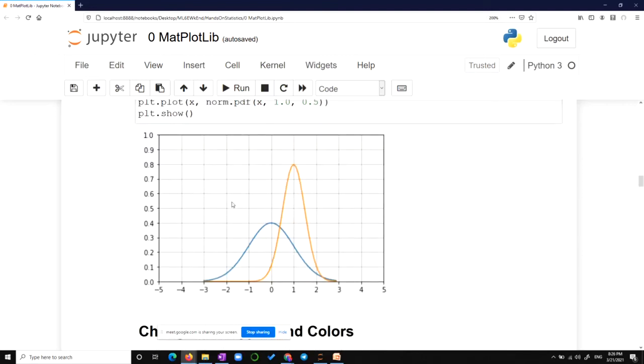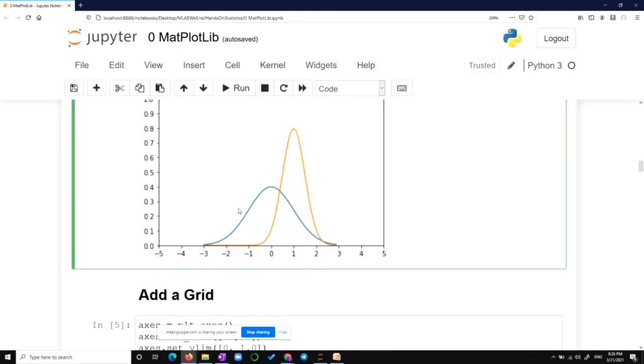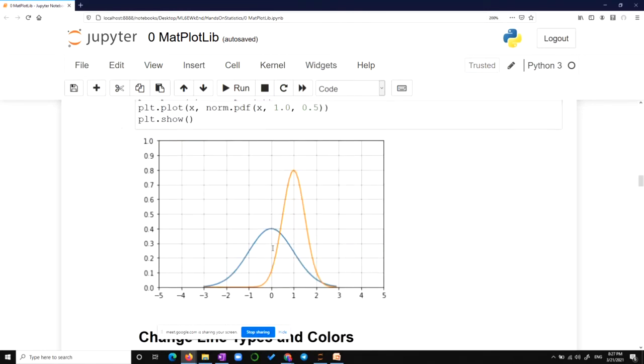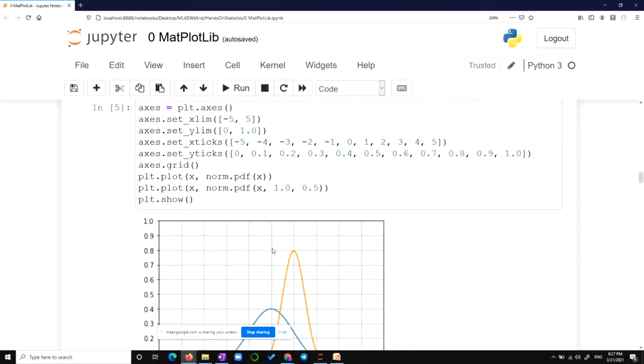Now adding a grid is also very important because we are now comparing these two. Sometimes we have multiple plots, not just one or two. We have so many different plots, and we need to describe the data. So we want to get some hints out. We are finding it very difficult here to just match it, imagining one imaginary line here, another imaginary line here. Why do you want all that imagination? Let's make it easy. Let's put a grid on.